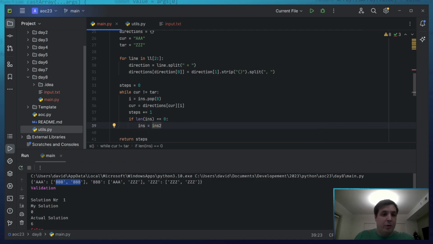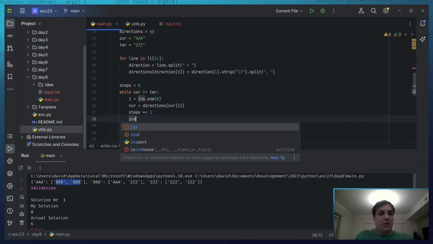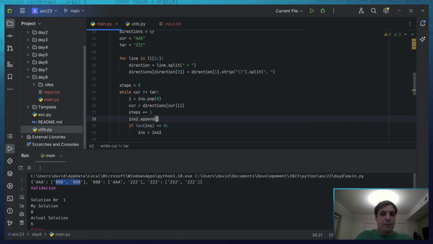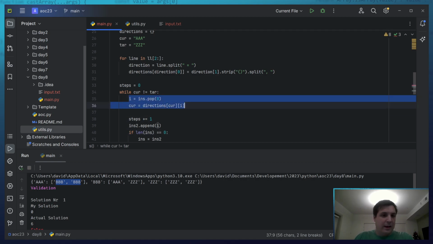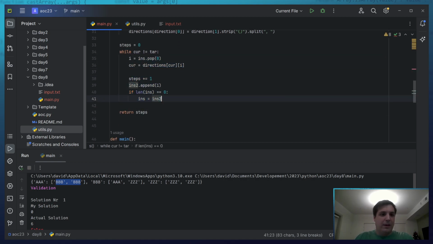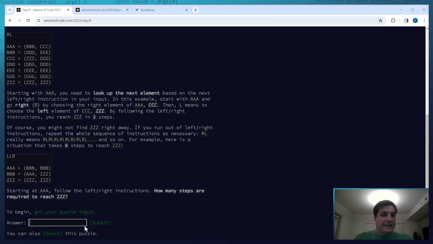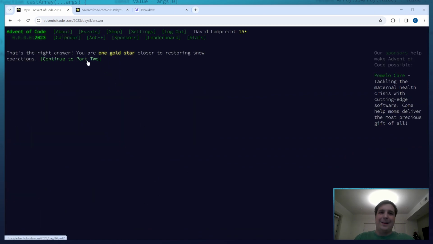I also want to say ins2.append(i), because it's like a belt that's going in a circle. Okay, so we are getting the data here and we're cleaning up the data here. And that should give us a correct solution and hopefully a correct answer. And we have a correct answer.